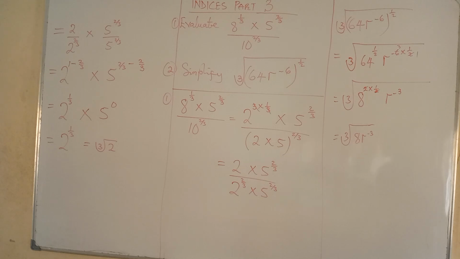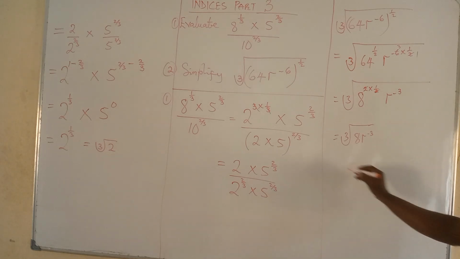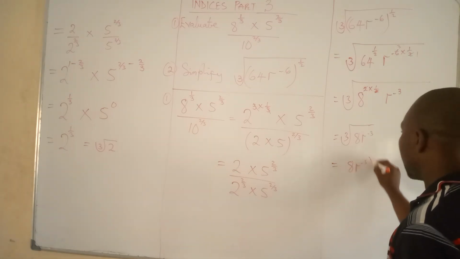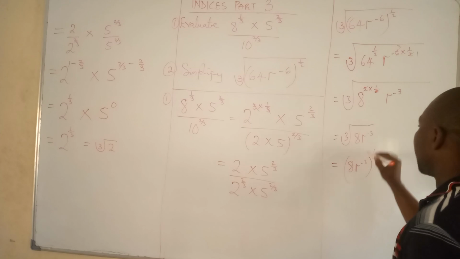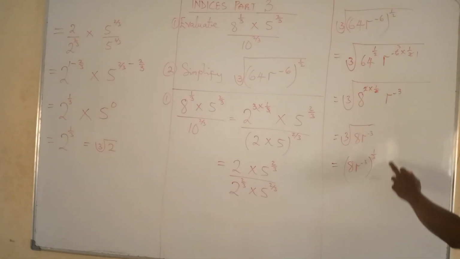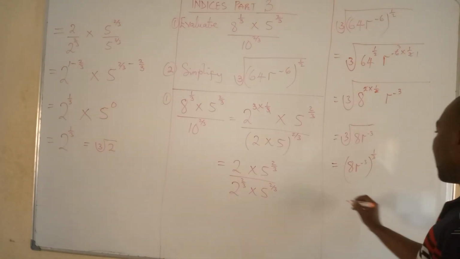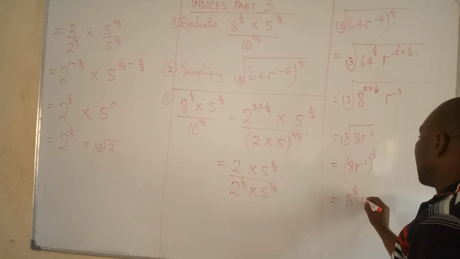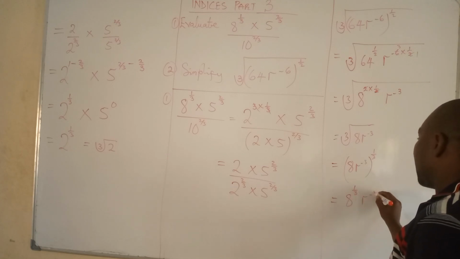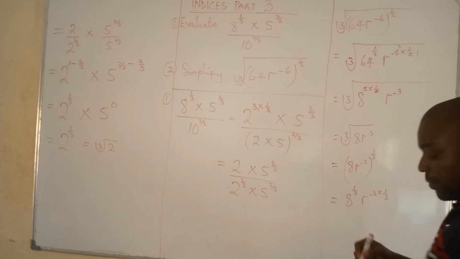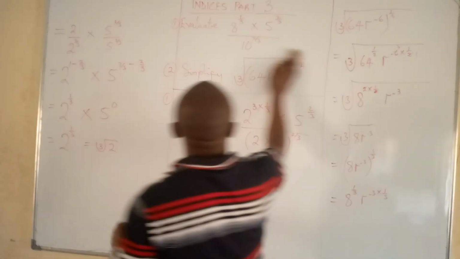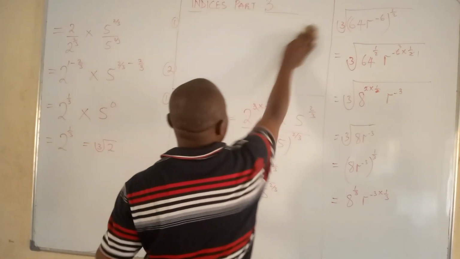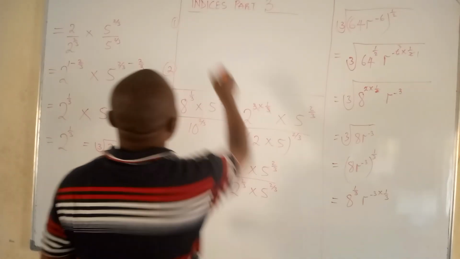Still from our knowledge of indices, this is the same thing as saying 8r raised to power minus 3, everything raised to the power 1 over 3. Take the power 1 over 3 inside the bracket, you will have 8 raised to power 1 over 3, r raised to power minus 3 times 1 over 3. So this will give us